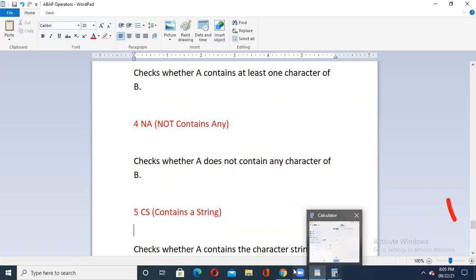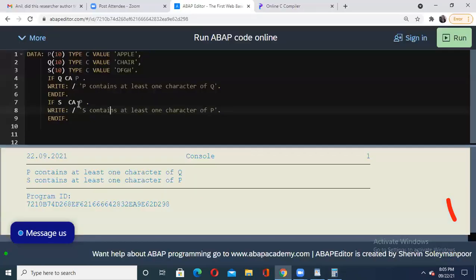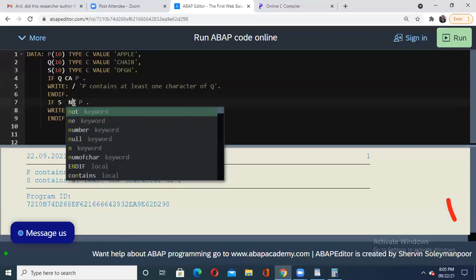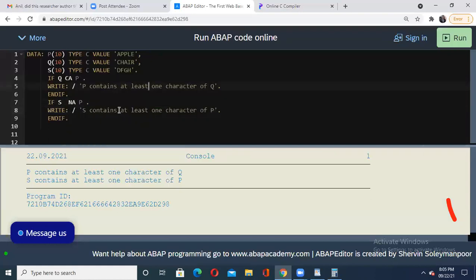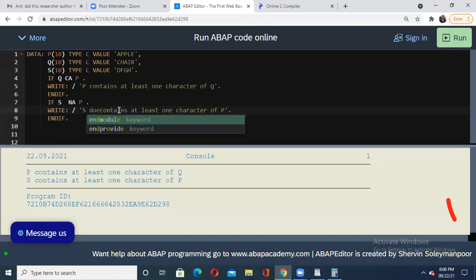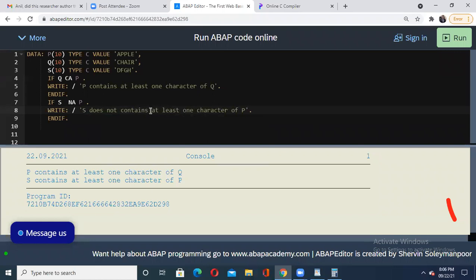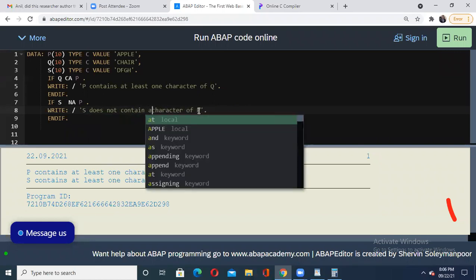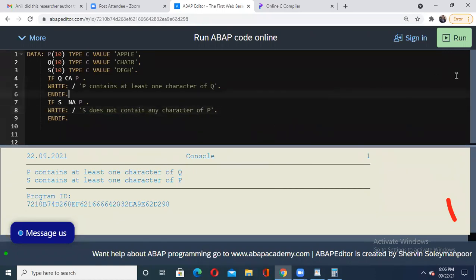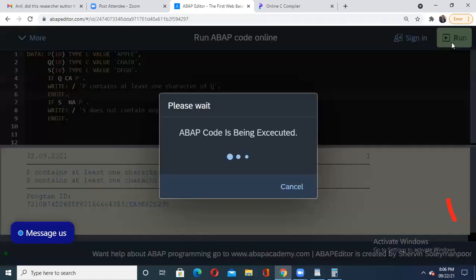Okay, let us do the experiment again here. Instead of this I'll use NA, and then I'll say yes does not contain any character of P. Will we get the same result?